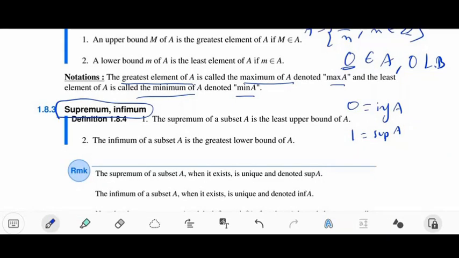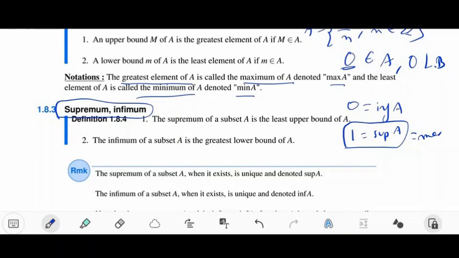This way I differentiated 0 from the other lower bounds, and I gave it a special name, the infimum, because you cannot find any element greater than 0 which can be a lower bound. Now we have to pay attention to something: 1 is a supremum, and also